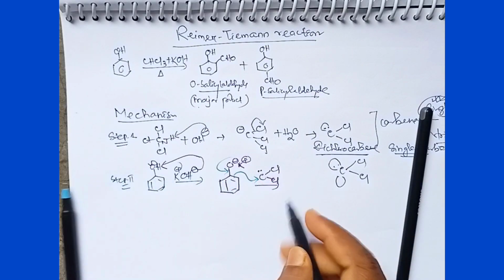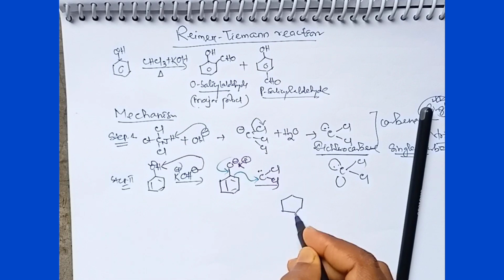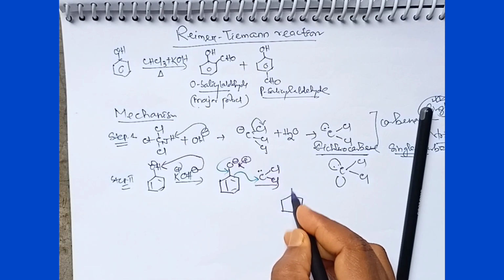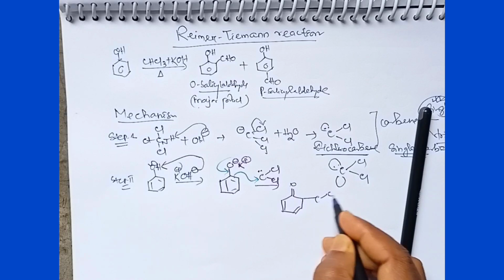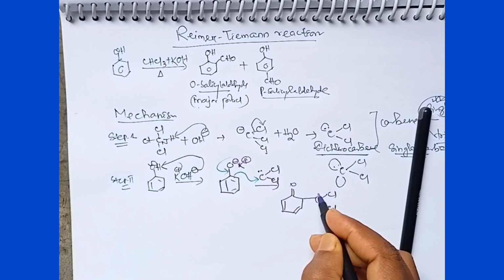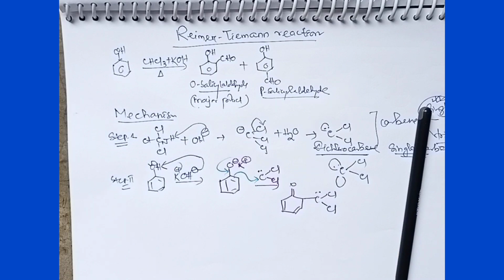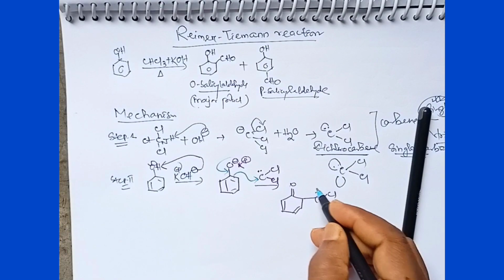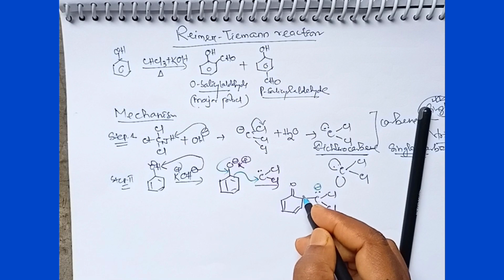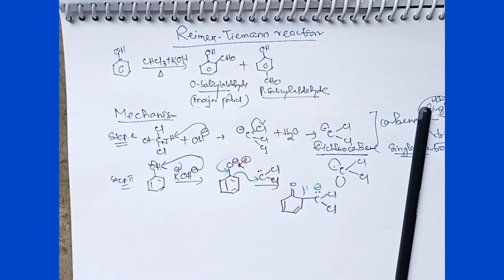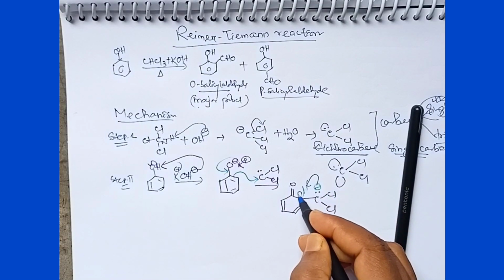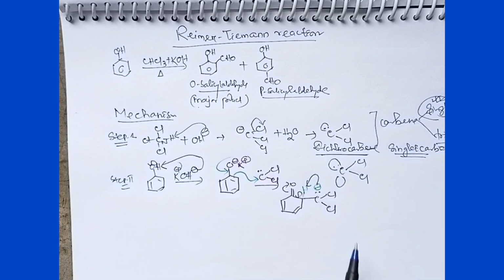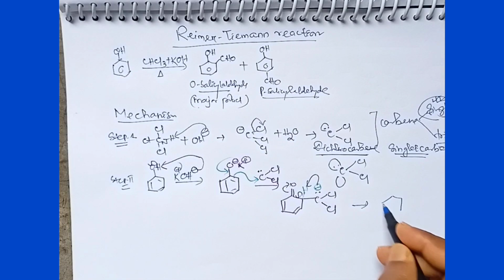We have to write here, a lone pair is present, so a negative charge is formed here. Now this negative charge will abstract the proton, and it will form like that. So the structure will be